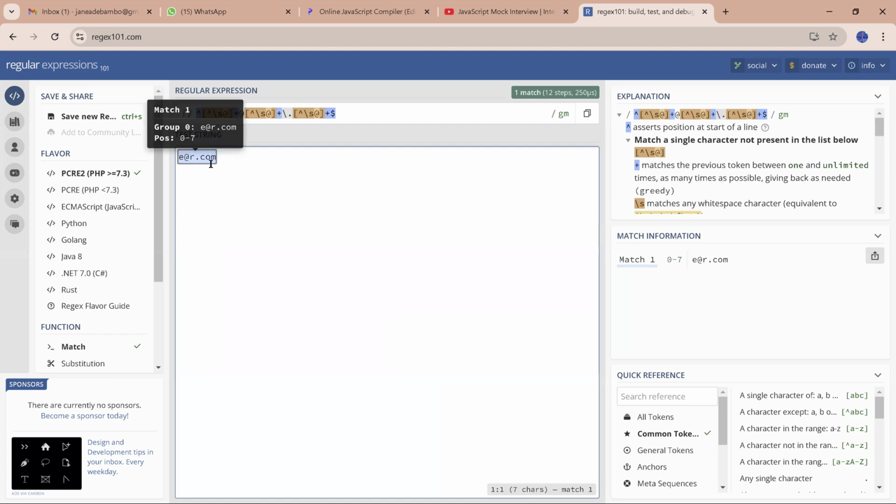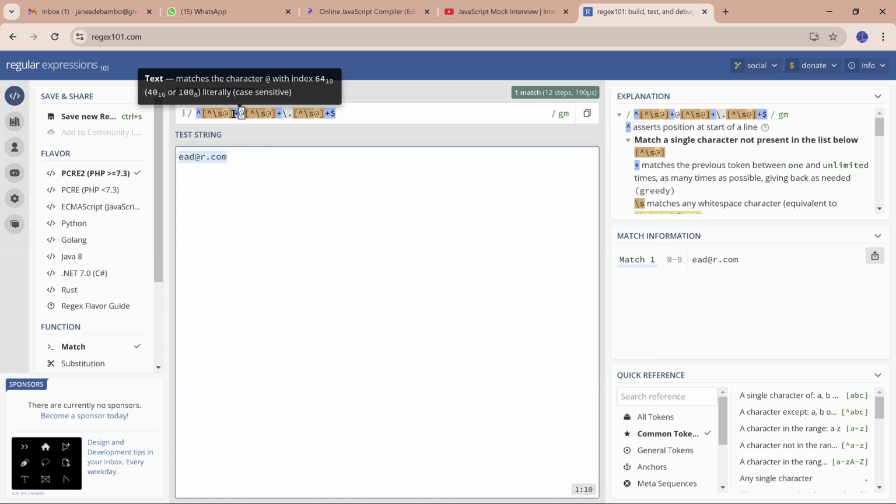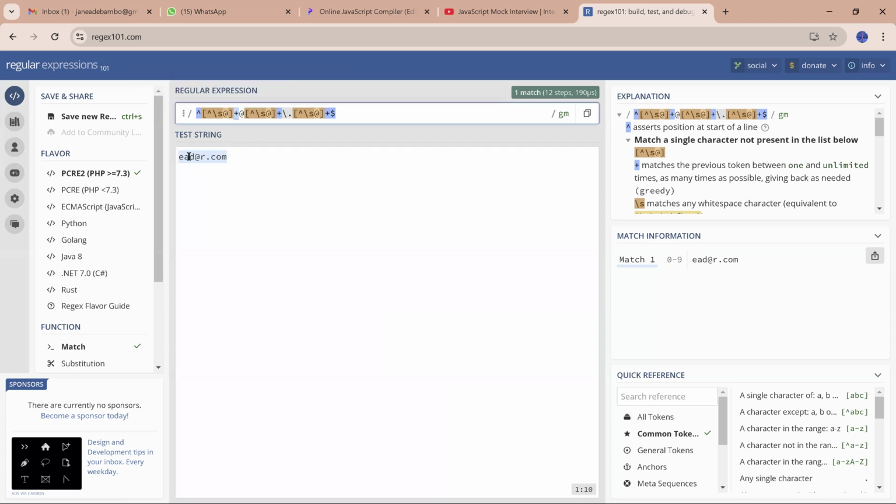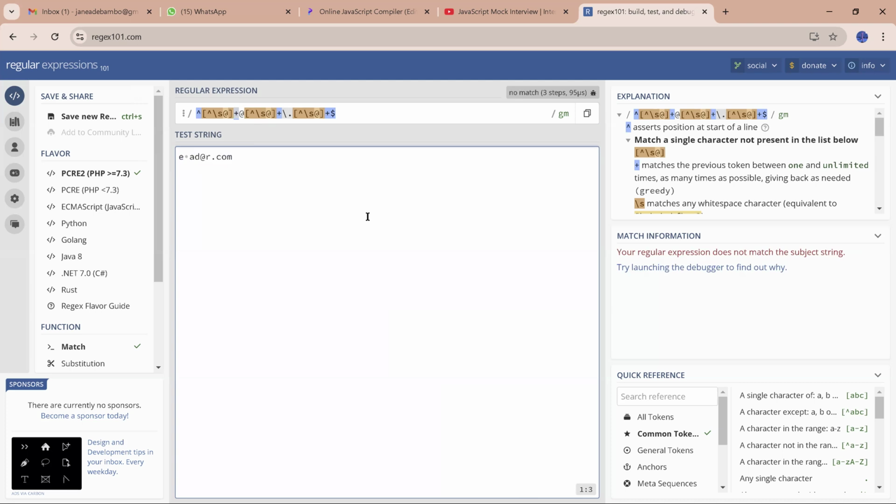If I put another character here, it's going to match because this plus sign is saying one or more character. However, in this first group, if I type in space, it won't match any longer because it's saying I don't want to see space. If I remove the space, right,